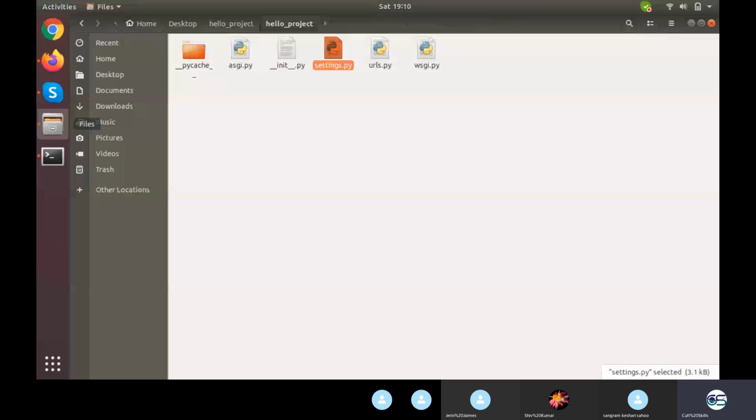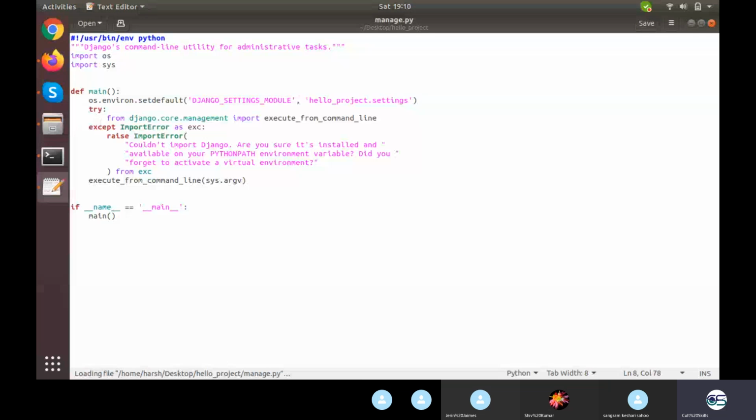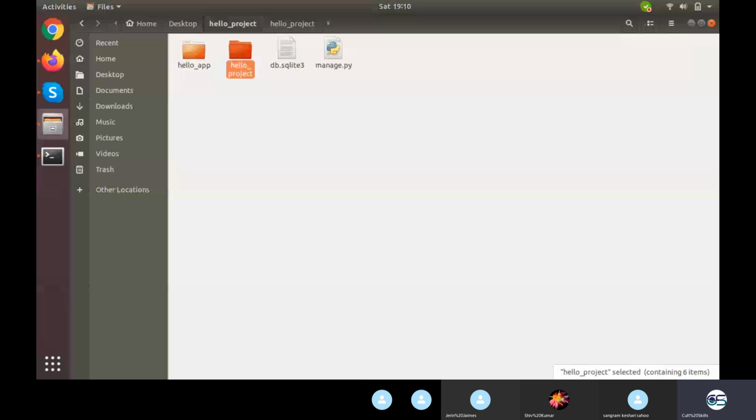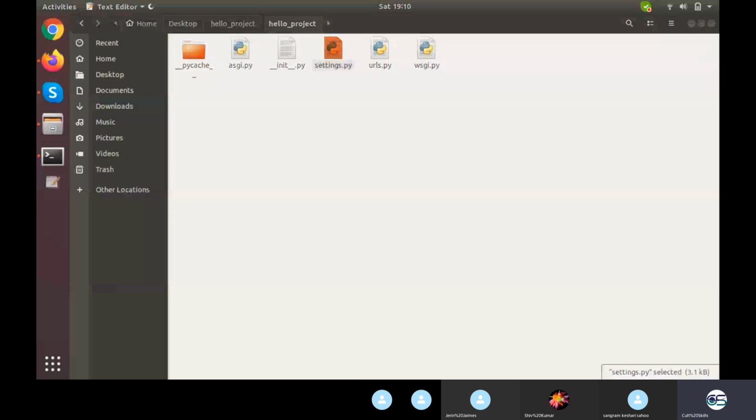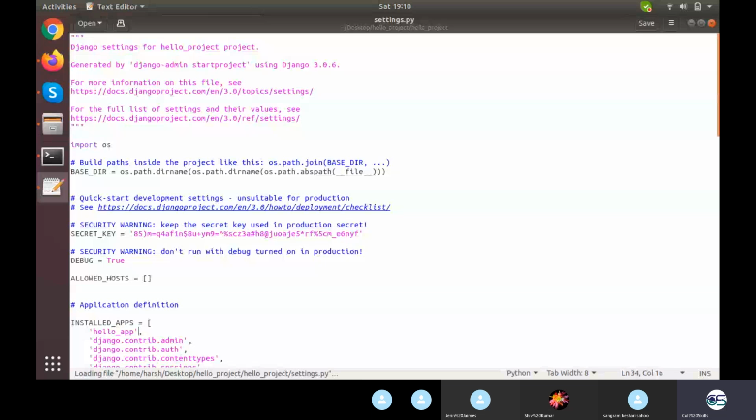What I have done is, firstly I went to this manage.py file. I just checked, in order to show you, that this is calling hello project.settings. You need not even check, it is always the same. It will be calling the settings file of your project folder, not the app folder, your project folder. So into this project you went to settings, and you registered your app right here in installed apps.